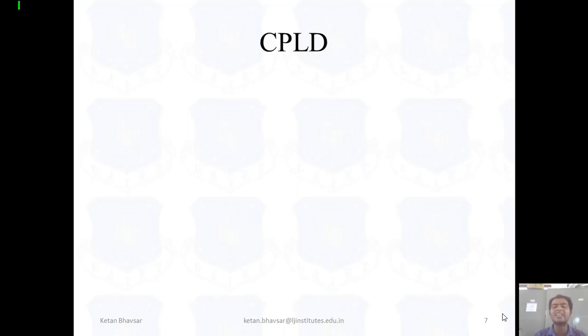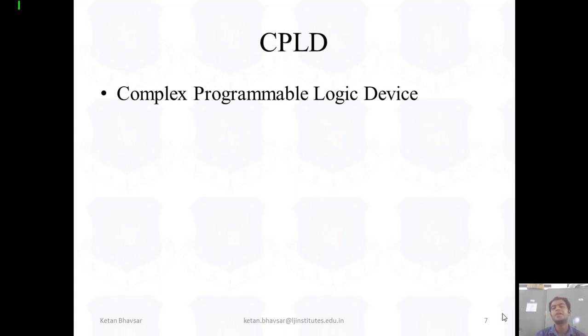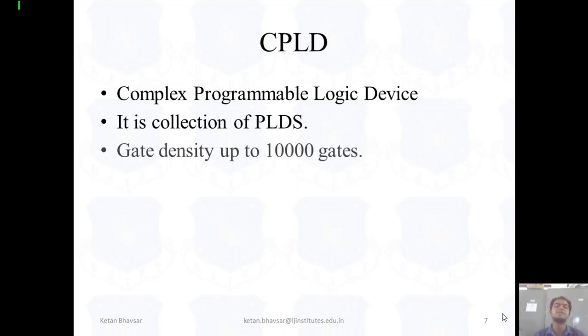CPLD stands for complex programmable logic device. We can say that it's a lower version of FPGA. If we can deal with a small number of IOs and you would otherwise have to use FPGA, then we select the CPLD board, because CPLD cost is less than an FPGA board. It's designed with the help of PLDs, programmable logic devices.